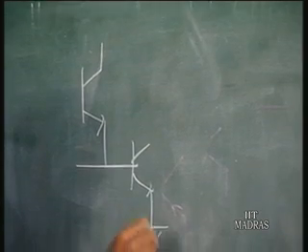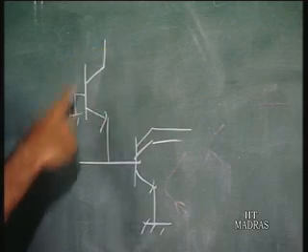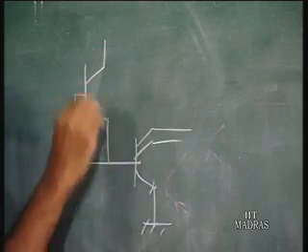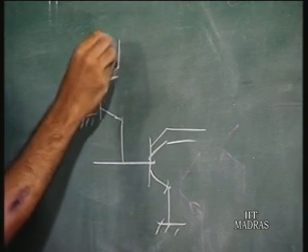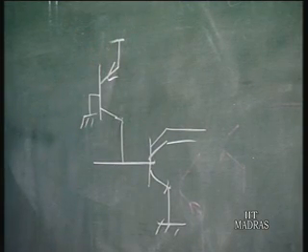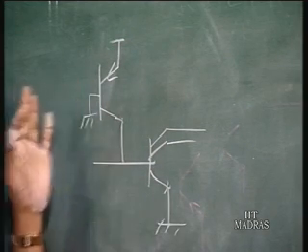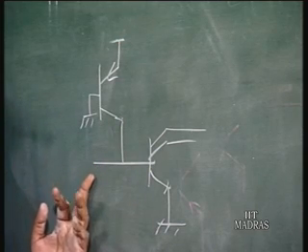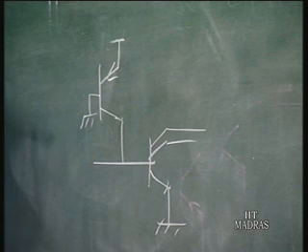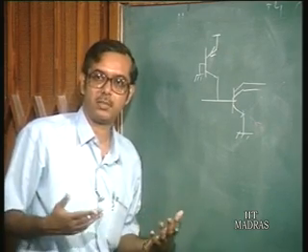this particular I squared L cell, this is ground, so for this junction to be forward biased, the voltage at this point cannot exceed say 0.7 to 0.8 volts, because you cannot forward bias a junction beyond that. I am talking of silicon again, and of any junction, so this voltage also cannot be more than that. So you see that that is the limit. In fact, an I squared L circuit can be operated at a power supply voltage of as low as say 1 volt or something.